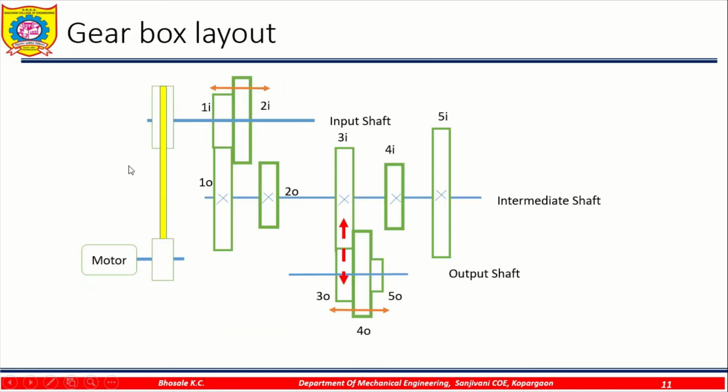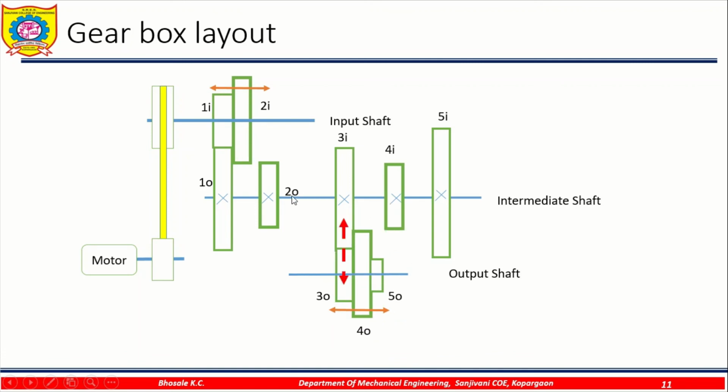For drawing the gearbox layout, we'll first draw the motor, then the pulley. With the help of a belt and pulley arrangement, we can transmit the power from this pulley to the other pulley, and then the input shaft will run. On the input shaft there is a gear hub of 2 gears. This one input gear will be meshing with one output gear. So we can slide this gear to the right hand side.